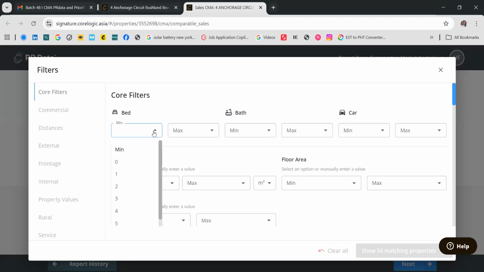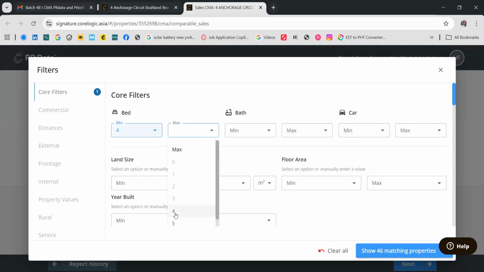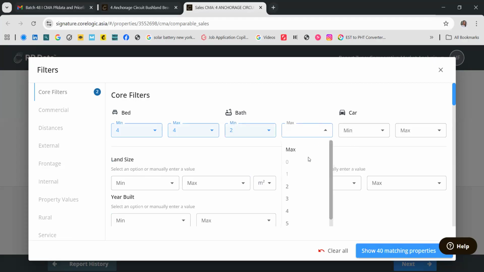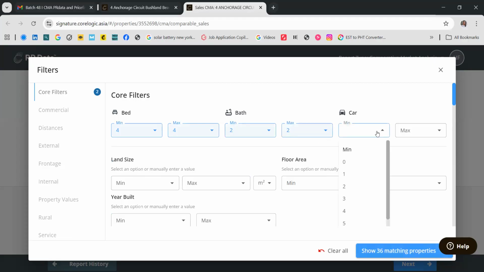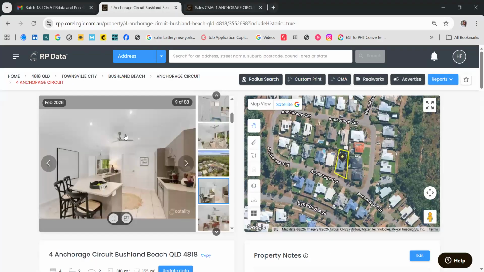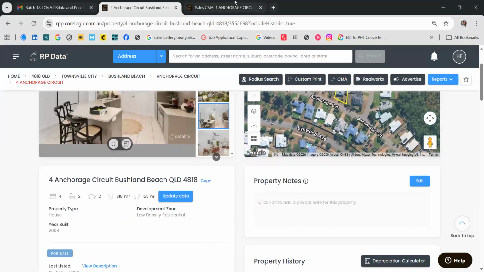So for this one, the property has 4 beds, so minimum of 4, maximum of 4. For the number of baths, it's 2, so maximum of 2. For the carport, minimum of 2, maximum of 2. Now, for the land size, I believe that's 818 square meters.